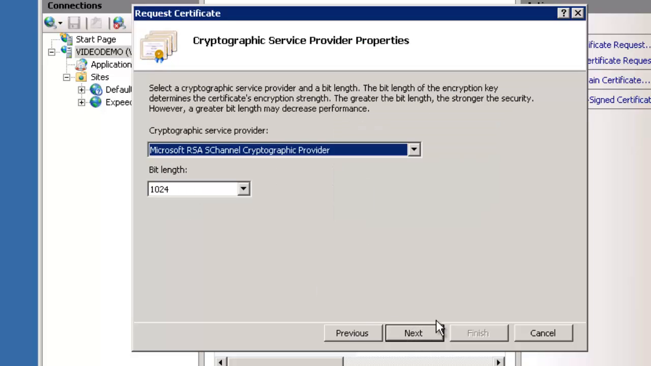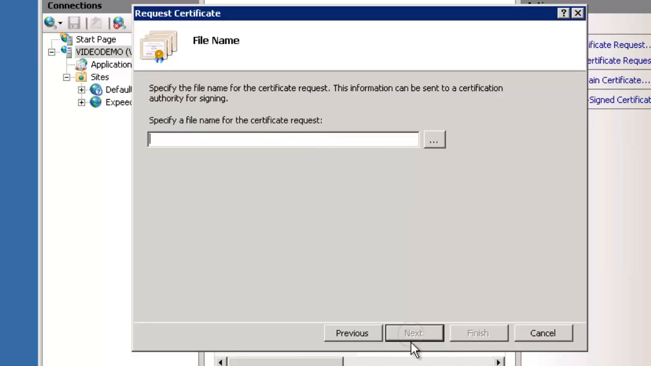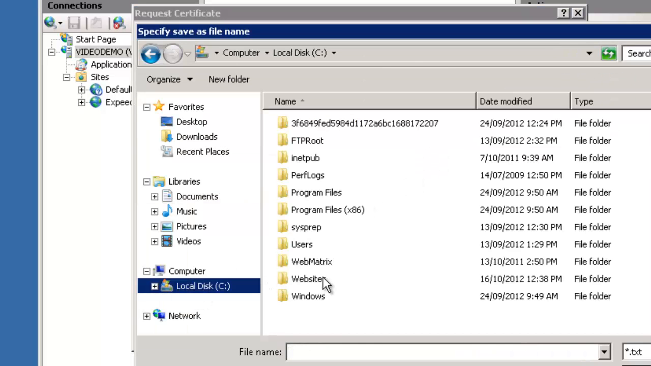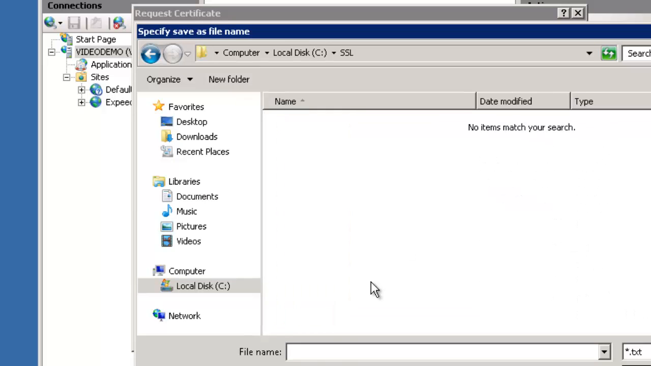We'll go next. Now your certificate provider will tell you what the best settings for these are, but for the most part the standard provider is absolutely fine, but your bit length must be 2048. Okay, so we go next, and it's going to ask where would you like to store the request file. So if we create a little folder in here called SSL, and we'll call this